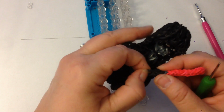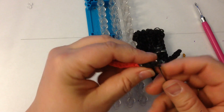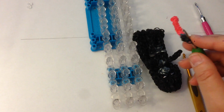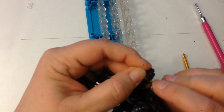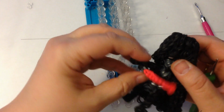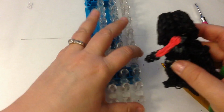Now we have a little loop where we had our end cap. There's 3 little bands here. These 3 are where we had our end cap, and what we're going to do is poke his hand through those 3 like so, and there he has his lightsaber,